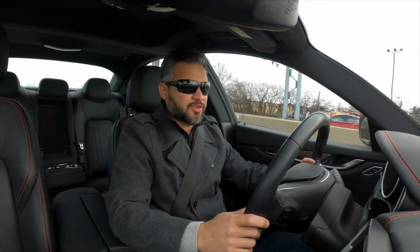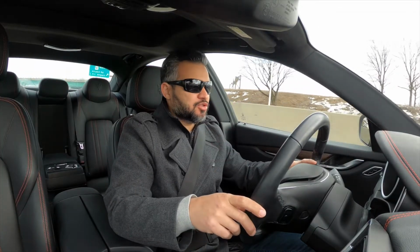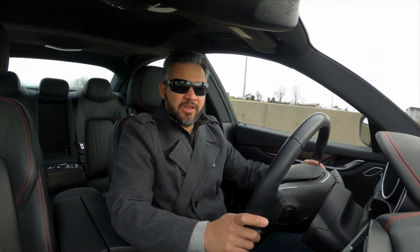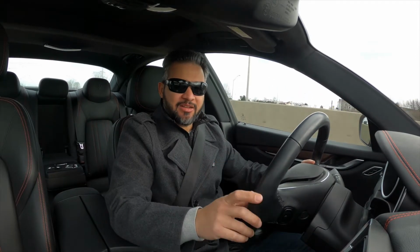It makes the car feel like when somebody who's afraid of needles gets vaccinated and they're just sitting there tight, like, okay, I can do it, but let's just get it over with. I don't know, and I think that has to do with the dampening that I was mentioning before. I feel as if the dampening in the suspension was not completely tuned properly, and that is affecting the driving